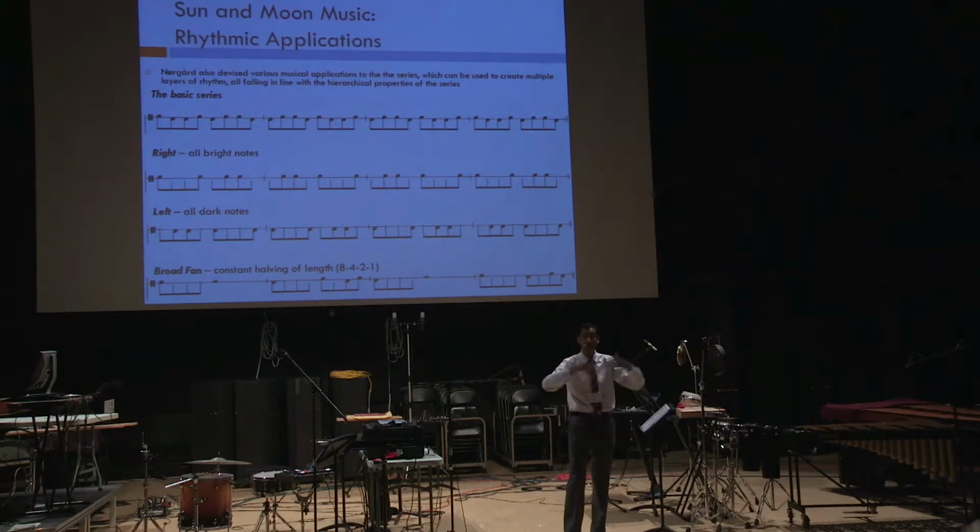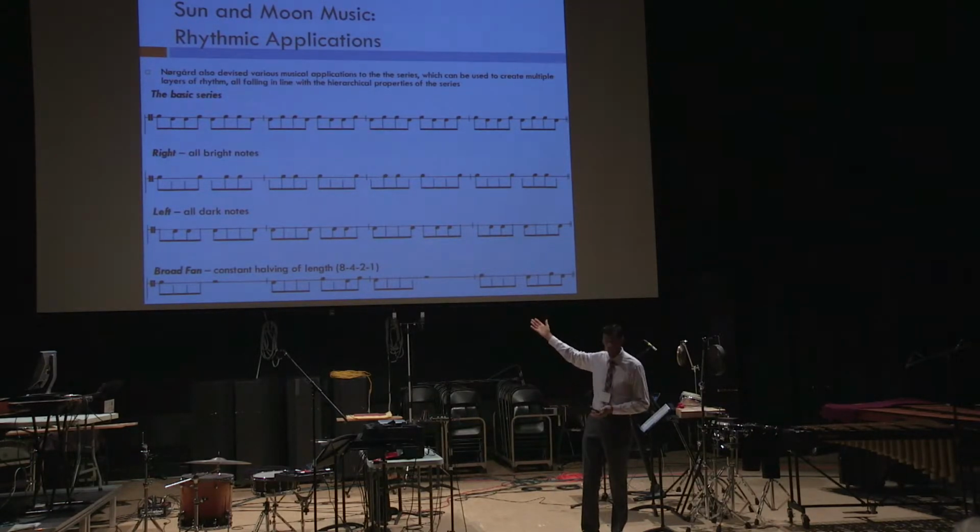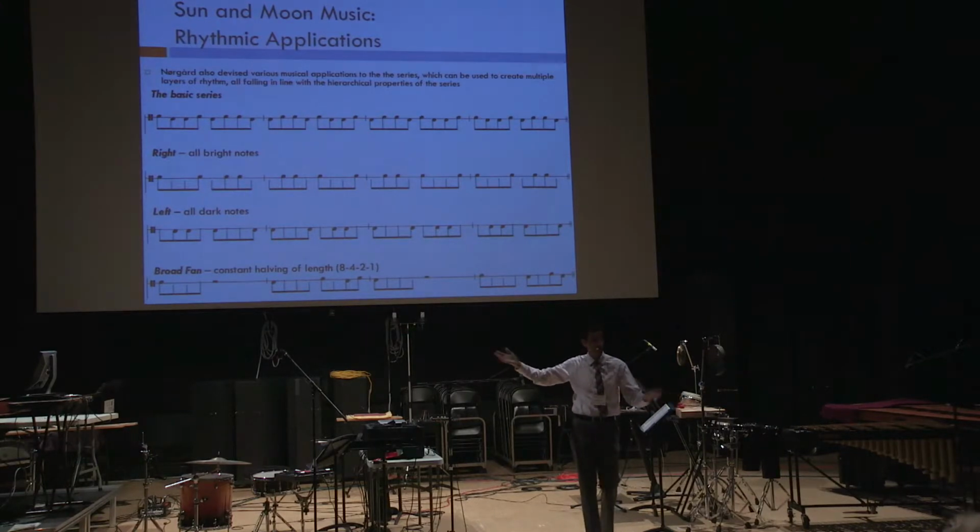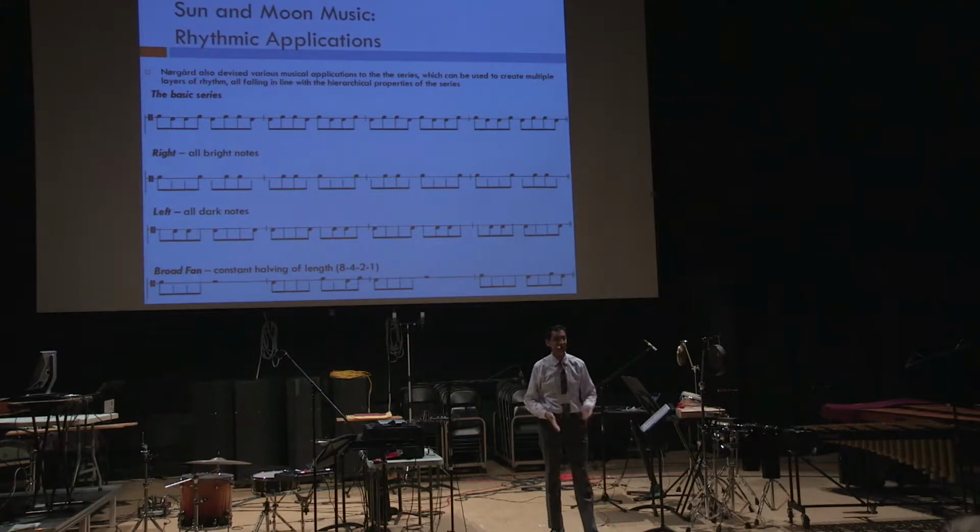So as you can see, the longer you go in the series, the more it starts to exhibit those fractal characteristics. Now, 2 of the first rhythm melodies that Neeraj has, something he calls right, which is just playing all the bright notes. So let's all do that together. 1 and 2 and 3 and 4 and...